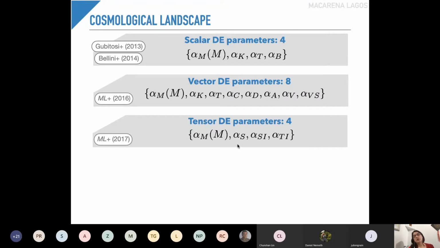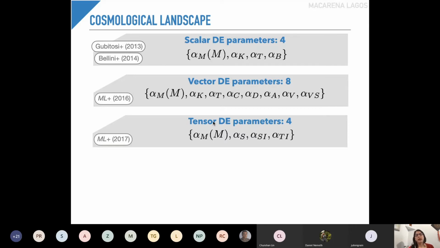If you're completely agnostic about how these 2 tensor fields could interact, you get a lot of parameters, but we made some simplifying assumptions to reduce the number of parameters and get only 4. These describe models where the two tensors, the actual metric and this tensor dark energy field, interact only through